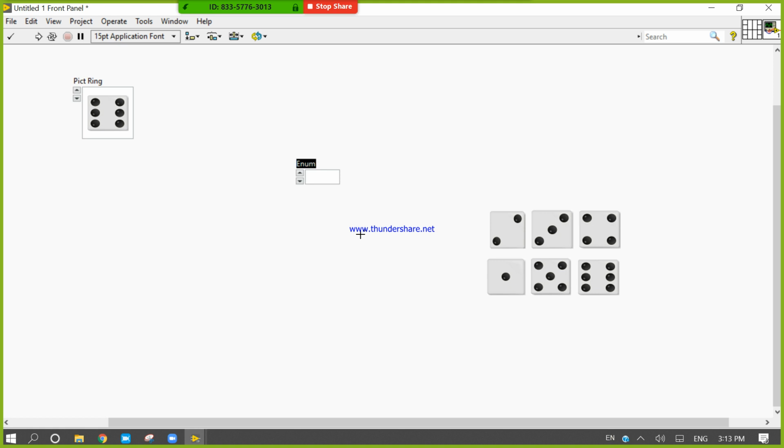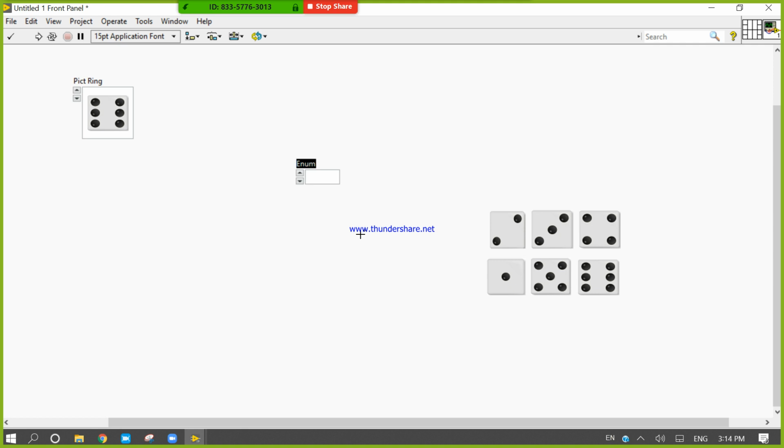If you want to control n number of cases or different cases according to different kinds of user inputs, for that you will use enum.